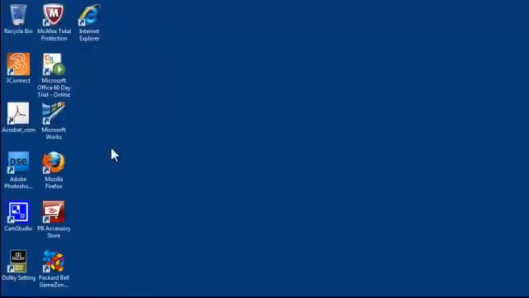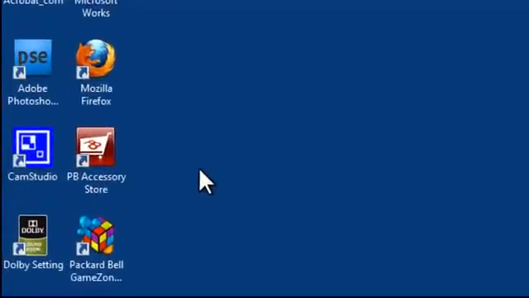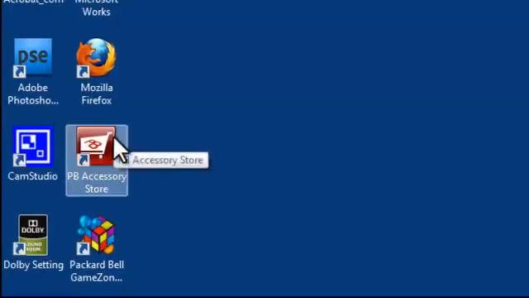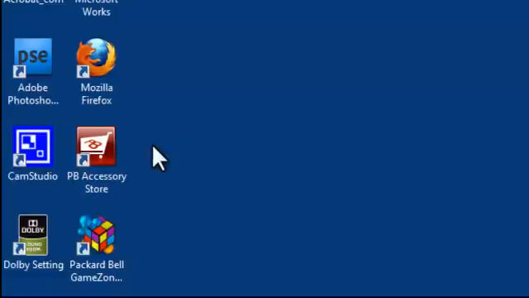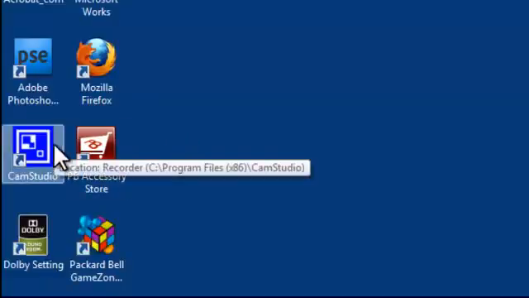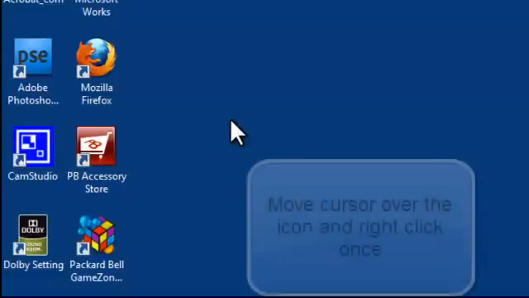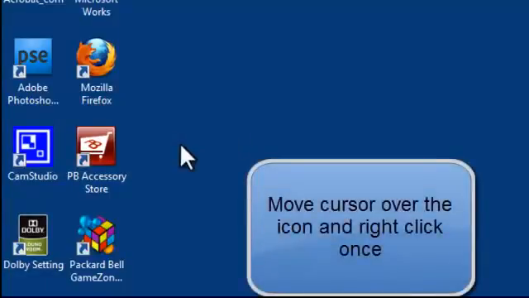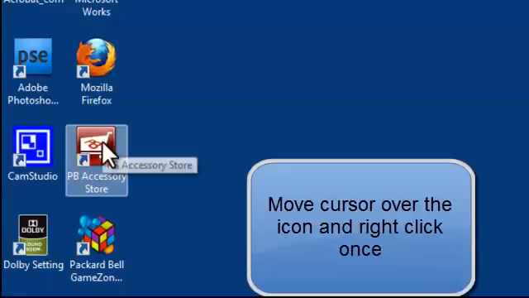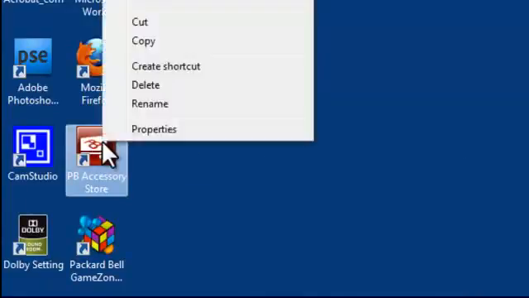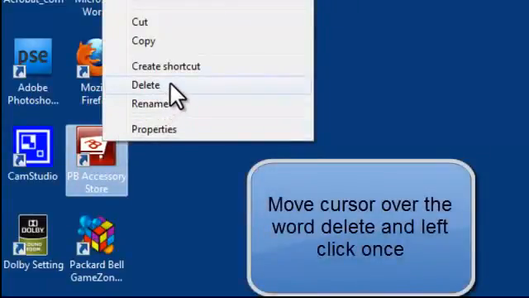Now, what I'm going to do now is I'm going to delete a couple of icons to arrange my desktop. And I'm going to delete the PB accessory store, and I'm also going to delete the Cam Studio. There's 2 ways of doing this. If you move your mouse or cursor over the top of the icon and then right click once, a menu appears, and third from bottom is the word delete. If you move your mouse or cursor over the word delete and left click,